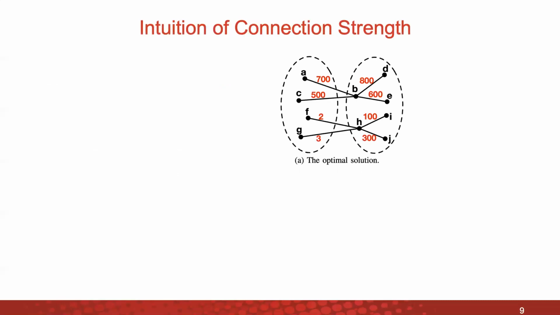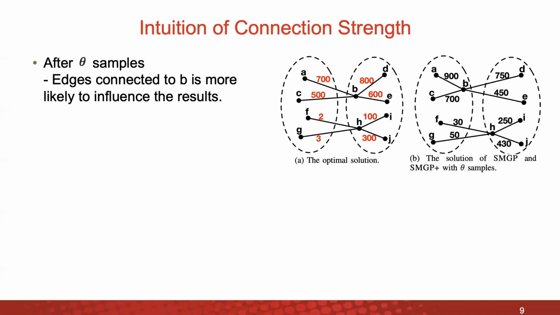Suppose figure A is the optimal partitioning result with the smallest weight of crossing edges, where the ground truth edge weight is colored red. Here, we only show a small part of the whole network and focus on the placement of node B and the node edge. Suppose node B is the partitioning result of SMGP and SMGP plus with theta samples based on the uniform sampling distribution. From this figure, we can see that the placement of node B is more unstable than